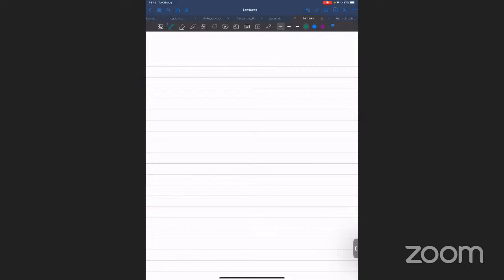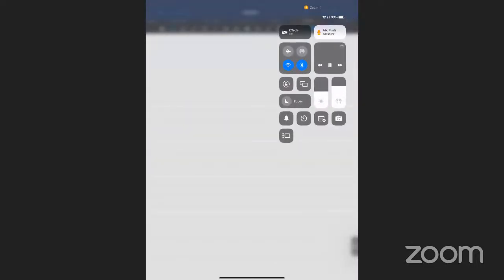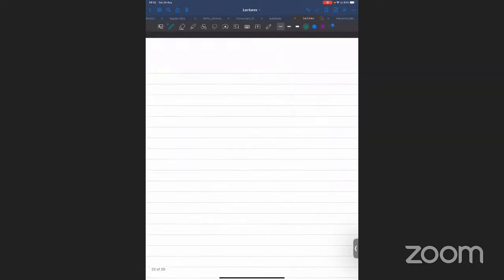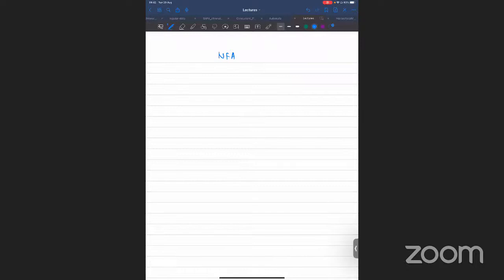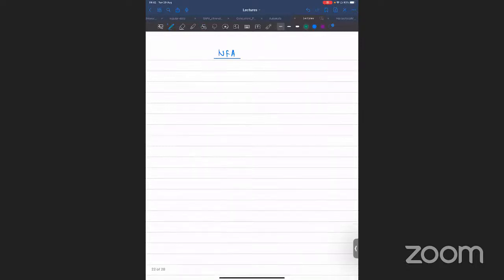Thanks. So let's talk about non-deterministic automaton. So what is the idea of non-deterministic automaton? So essentially, we call it NFA, non-deterministic finite automaton. So the idea is that the NFA can guess transition on a particular input letter,